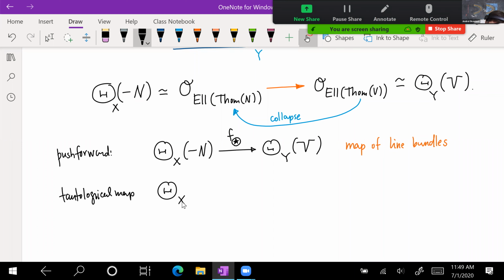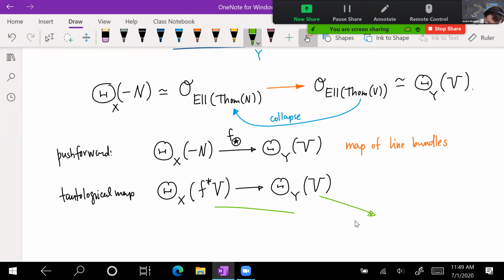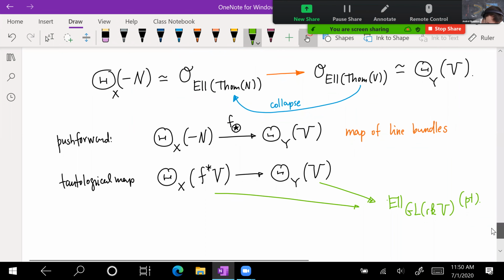We take the Thom space on X, and you take the pullback of V, just because both are pullbacks, they both pull back from the elliptic homology of the point, GL of rank V. And so this, if we twist it by this line bundle, what we're going to get is